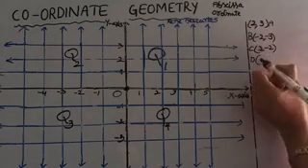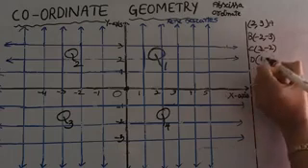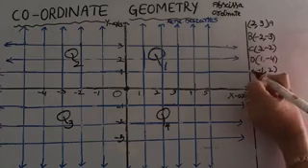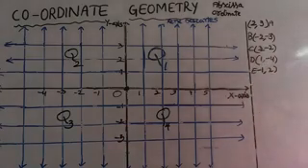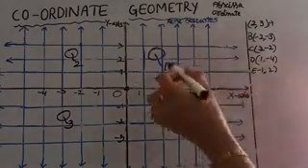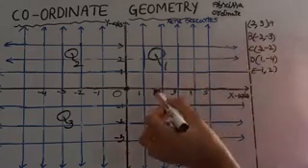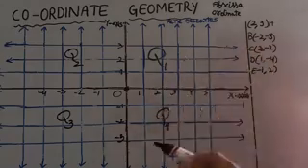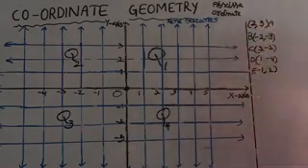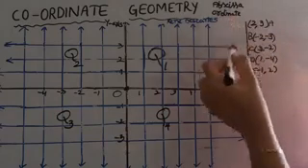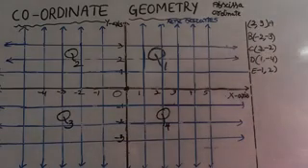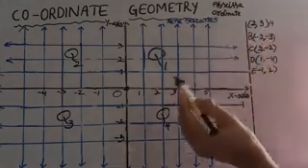D (1, -4), E (-1, 2), like that you can take. And how to locate the points here? See this one, the first quadrant, Q1. Here all x coordinates are positive. Let us see with this example. A (2, 3). The first coordinate, the abscissa, should be taken on the x-axis and the second one should be taken on the y-axis.